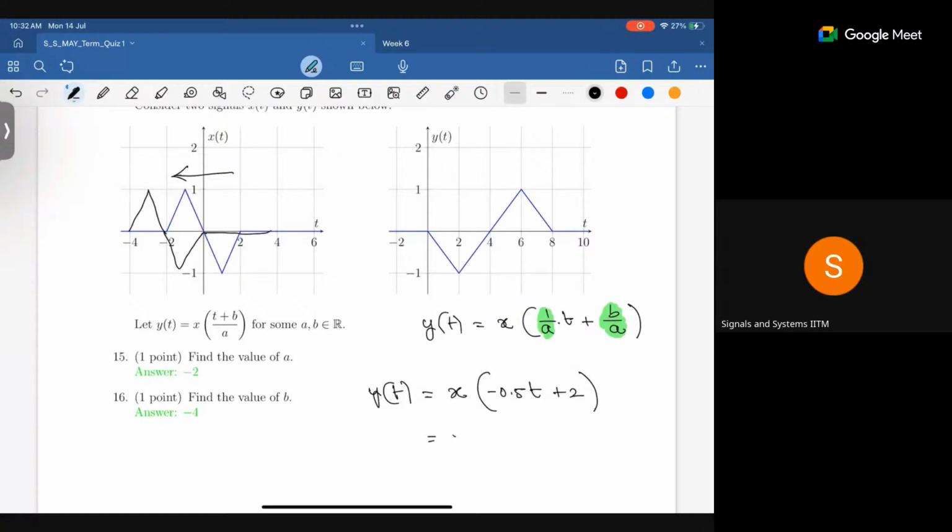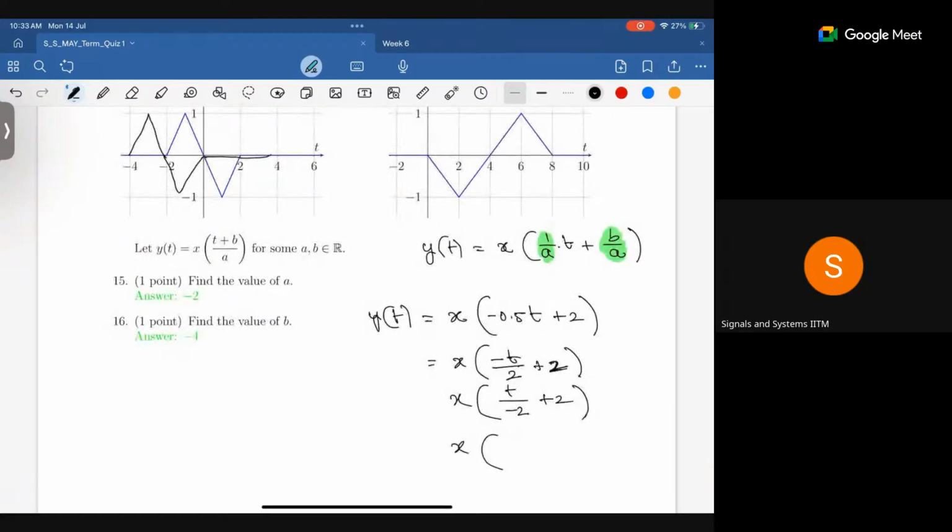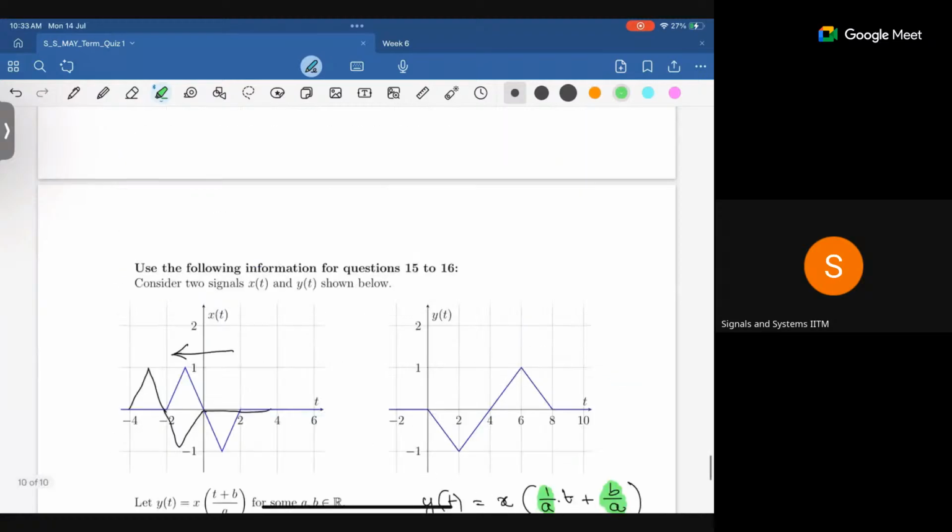Right, so then this is x of minus t by 2 plus 2, but that is not what we asked. Right, so this is x of t by minus 2 plus 2. So this is x of t minus 4 by minus 2. Right, so you just have to compare it. This is b and this is a. Okay, so overall